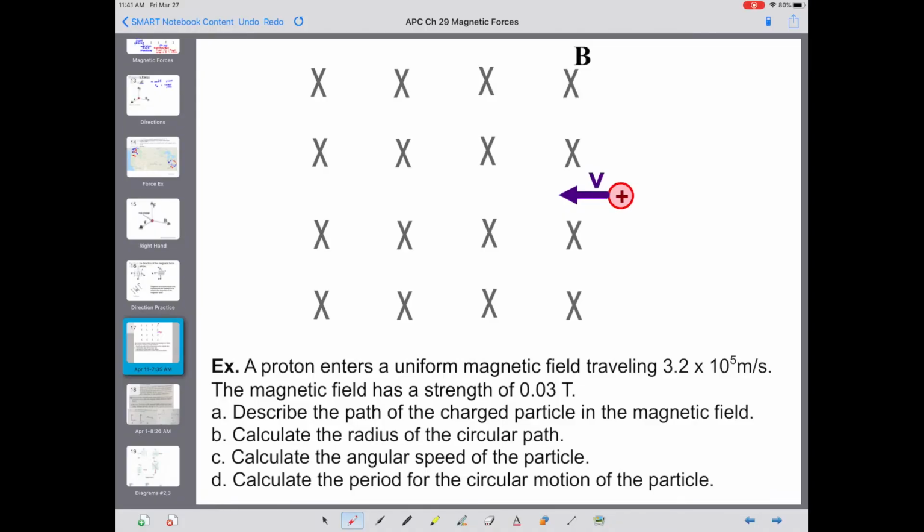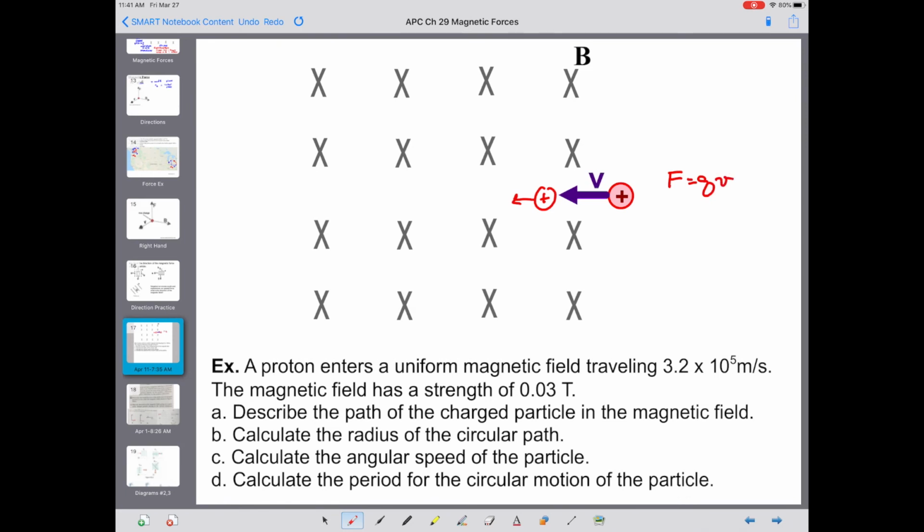So let's consider another example. We have the positive charged particle, the proton, entering the magnetic field traveling 3.2 times 10 to the 5th meters per second, as shown in a direction over to the left. On A, we're describing the path of the charged particle. Well, as this particle moves into the field,